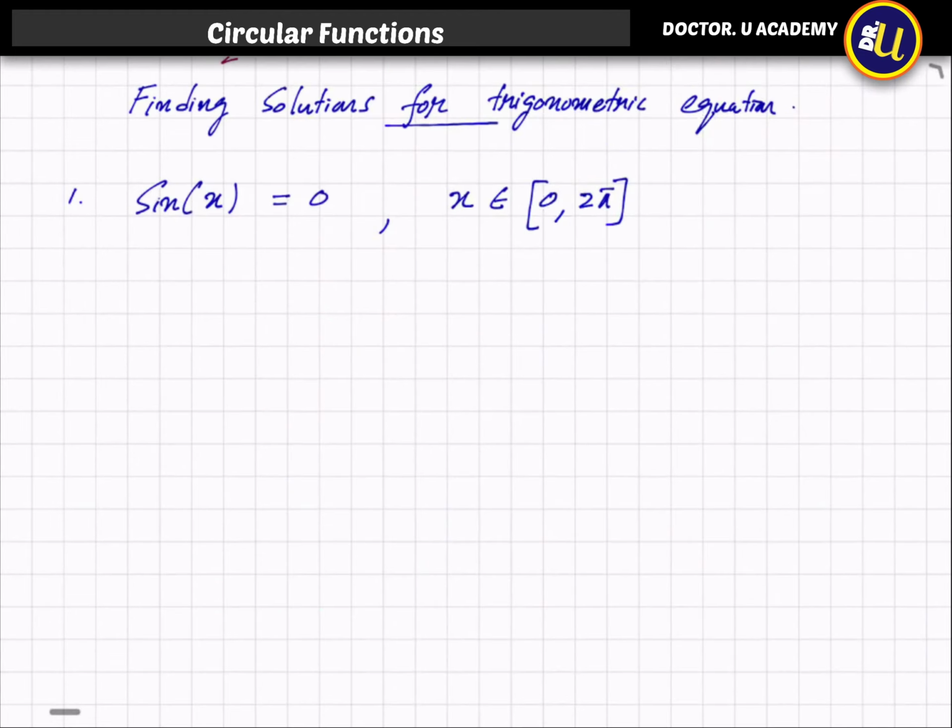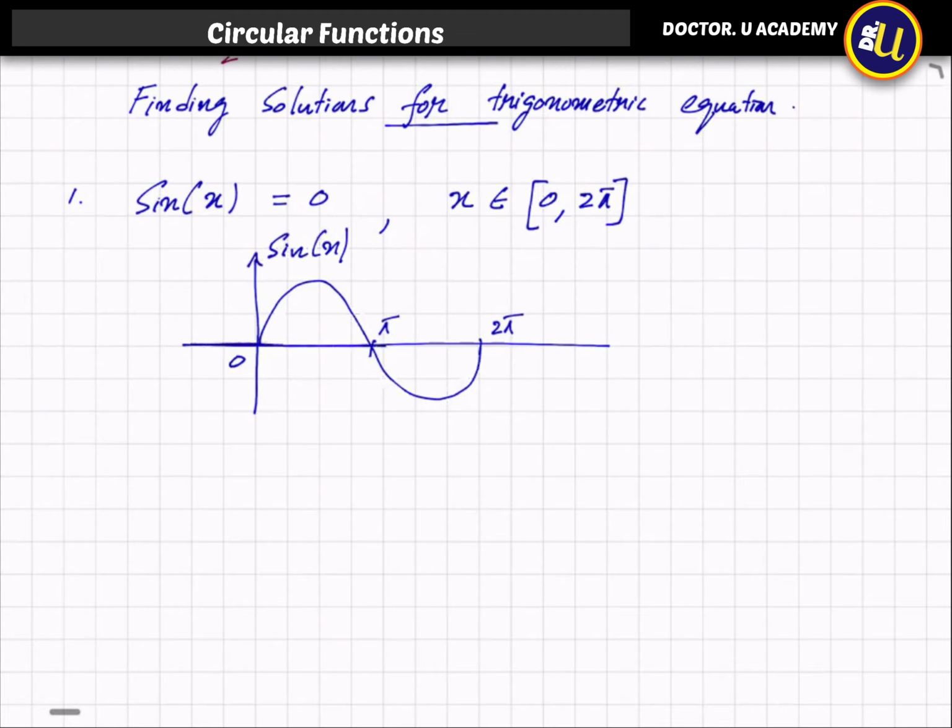Okay, so here we are finding the solution for trigonometric equations, right? So in the first one, we have sine x is equal to 0. So first of all, we have to think about how this sine function looks like, and the domain is also given, 0 to 2 pi. So it would look like this. So 2 pi, 0 to 2 pi. So these are the things, right? So sine x is your y-axis. So sine x is equal to 0 means you are looking at the values on the x-axis. So it will be 0, pi and 2 pi. So the answers would be x is equal to 0, pi and 2 pi.